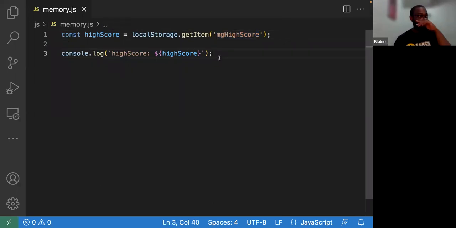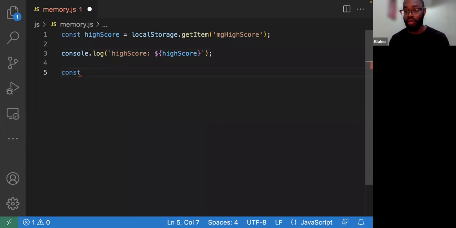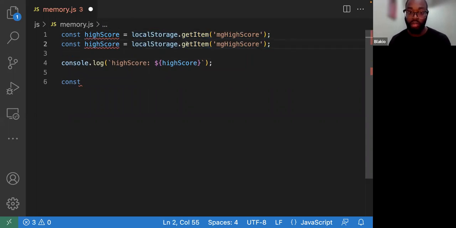So I'm going to make some improvements on the actual code in the course. Anytime you want to grab something, you want to use a function called a getter. There are these things in coding called getters and setters. This is a getter. We want to get something. A setter would be setItem. That's setting it to something. You're going to hear those terminologies, getters and setters. Getters get things, setters set things.